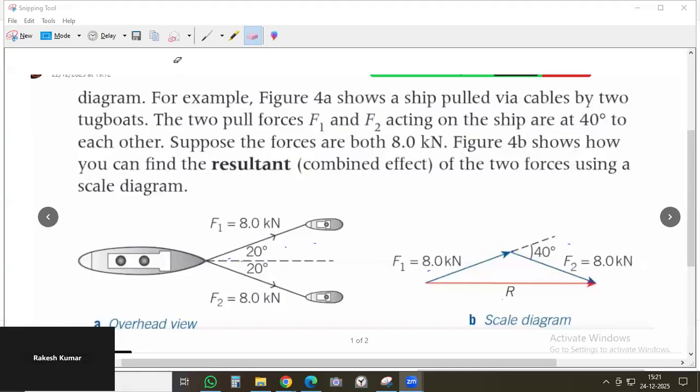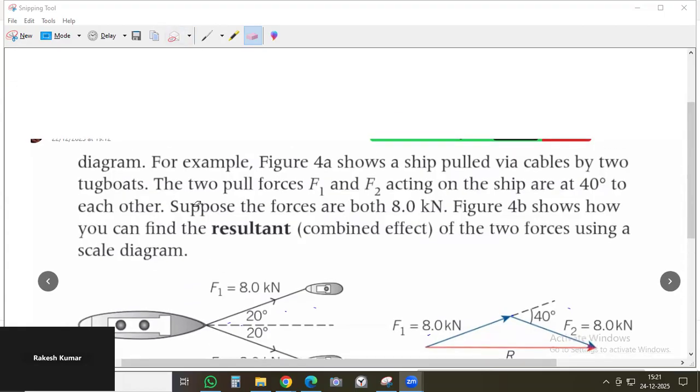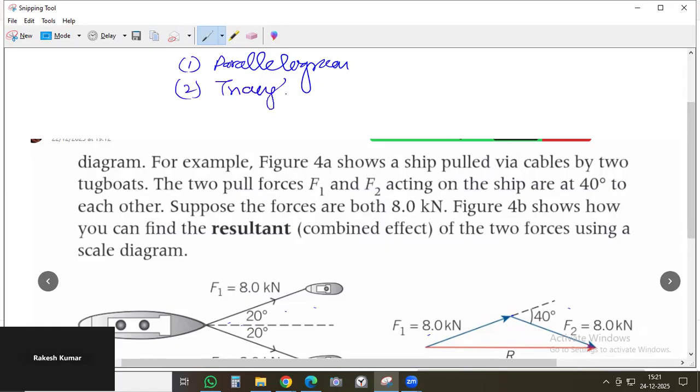There are two methods to add. Actually, there are three methods. So I'll tell you all three. The first method is the parallelogram method. Okay, parallelogram method. Second, triangle method. Third,